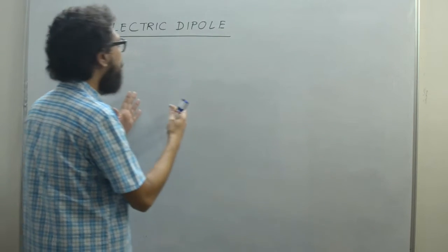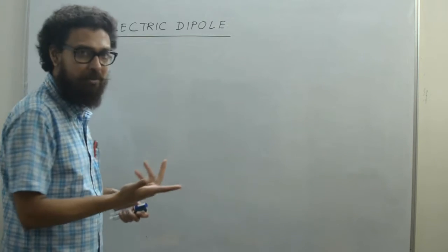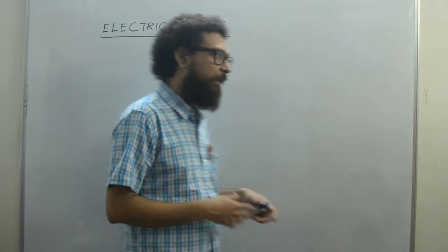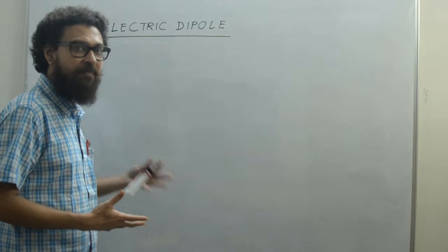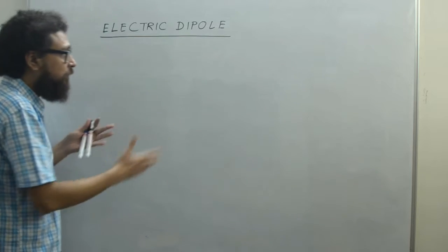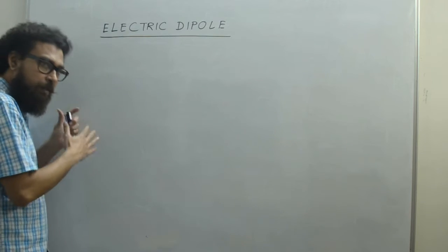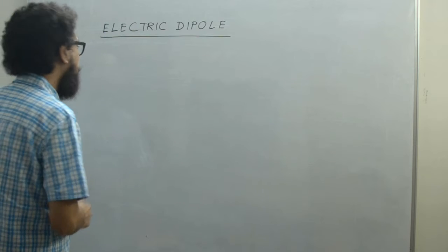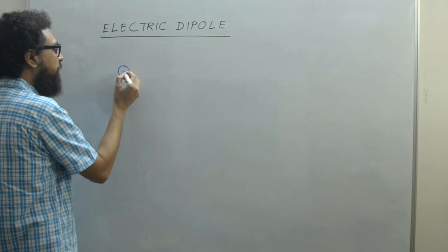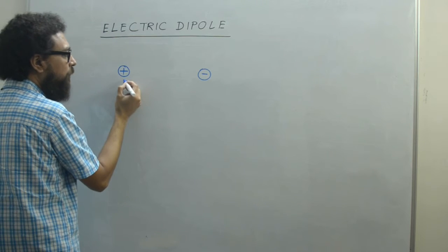Now, after having the concept of electric field, let us concentrate on a topic called electric dipole. Di means two, like carbon dioxide. Pole means polarity, that is positive, negative. So dipole immediately indicates that we are going to have two charges of two polarities, positive and negative. The basic definition in physics for a dipole is very simple: a pair of two charges having the same magnitude but opposite sign.